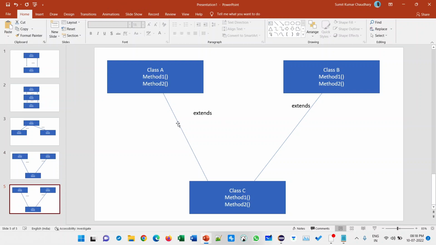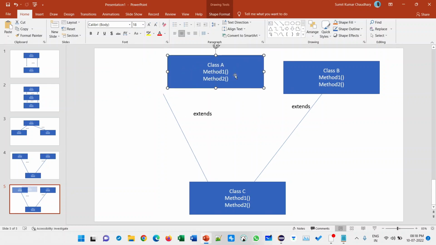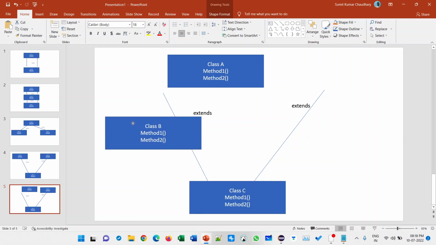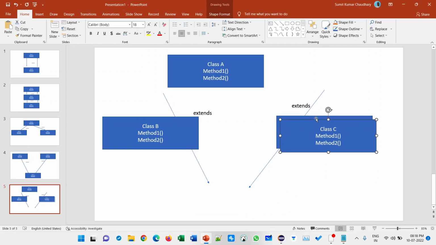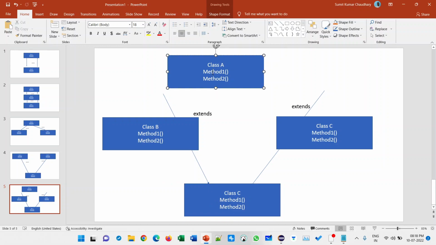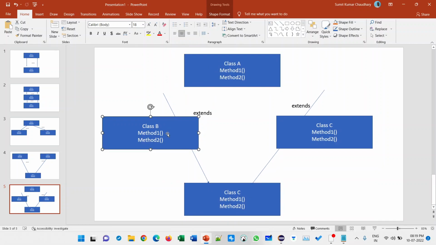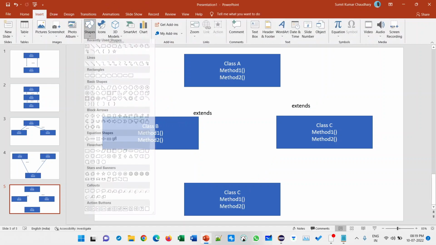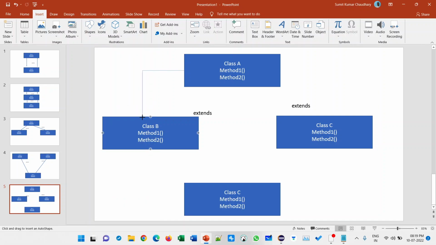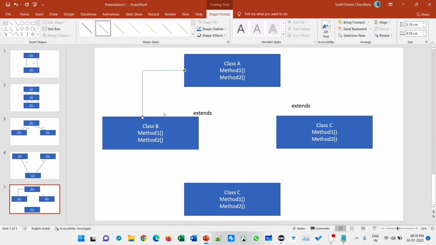Here we have A, B, C and D. B inherits A, and C inherits B, and D inherits B and C.